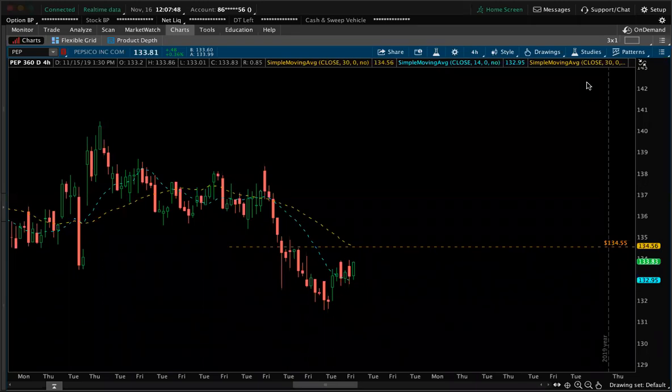I did it with Pep before too. I had like 500 contracts of Pep and I liquidated. I made money on it. It liquidated Pep and then Pep bounced back. It dropped $3 and then bounced back up $3 within like 10 minutes. But it's going to make people panic. So this is why I say buy time, because it really doesn't affect you. I can buy time with 300 contracts, 500 contracts. I know what I'm doing.